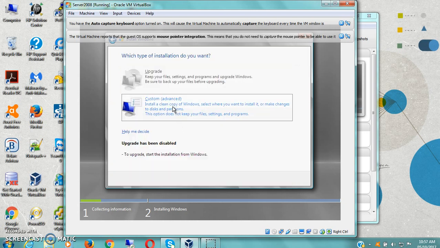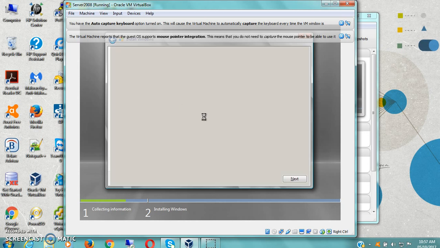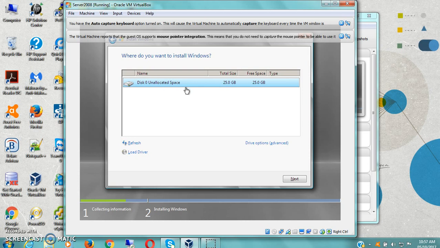next. Right, at this point is where you can either decide to use the disk space as is or you partition your disk. So here now you would select drive options and you would partition your server. So meaning you split the disk into two different drives where you can have your operating system running on one and you can have your files and stuff on the other. For the sake of this tutorial, I will not be partitioning the drive. So I just click next